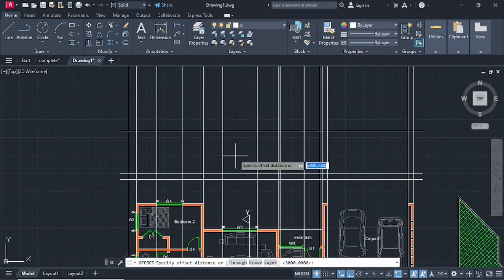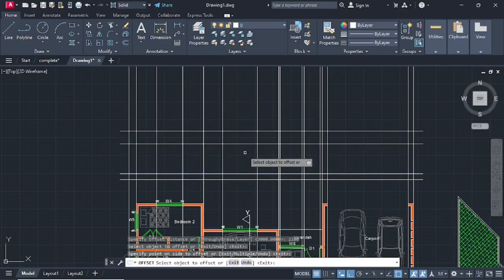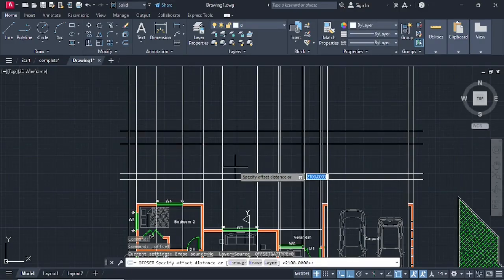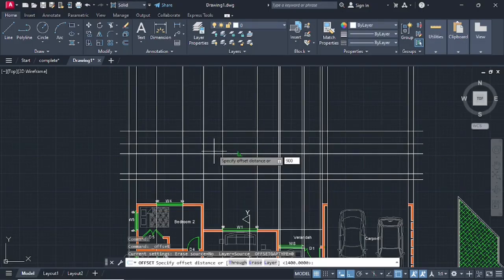This time we'll be offsetting at a distance of 2100. Press on enter. Going up like that. Then we're going to go on offset again. This time we're going to offset at a distance of 1400. Press on enter. Select this line going up, then select again, go on offset again, offset at a distance of 900, press on enter,